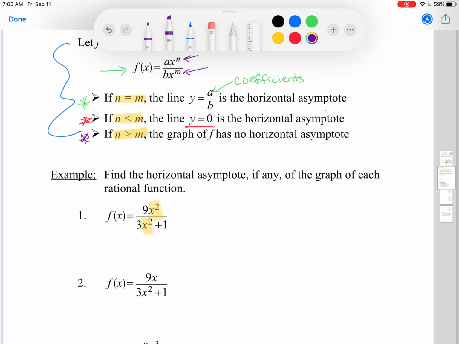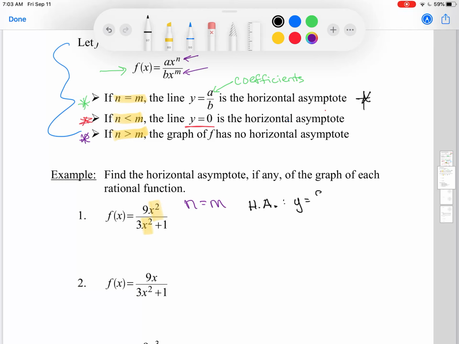My exponents on those x's are 2. Okay, both of them are 2, in fact. So I know that n is going to equal m in this scenario, which is going to make us use this rule up at the top. That tells us to take the coefficients in front of my x variables, and that will be my horizontal asymptote. So if I go ahead and simplify those,